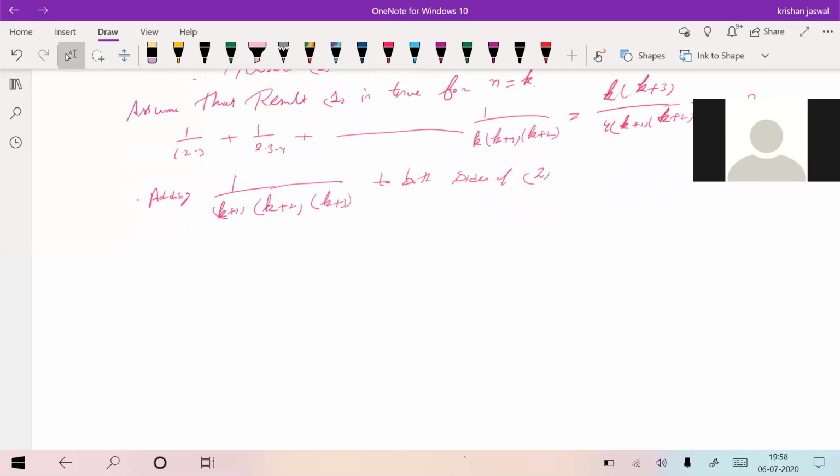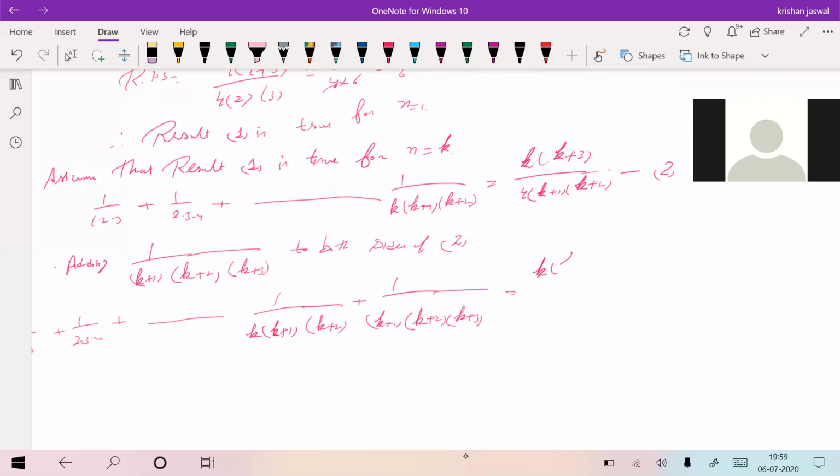Now this will become 1 over 1 into 2 into 3 plus 1 over 2 into 3 into 4 plus 1 over k into k plus 1 into k plus 2, plus 1 over k plus 1, k plus 2, k plus 3, is equal to